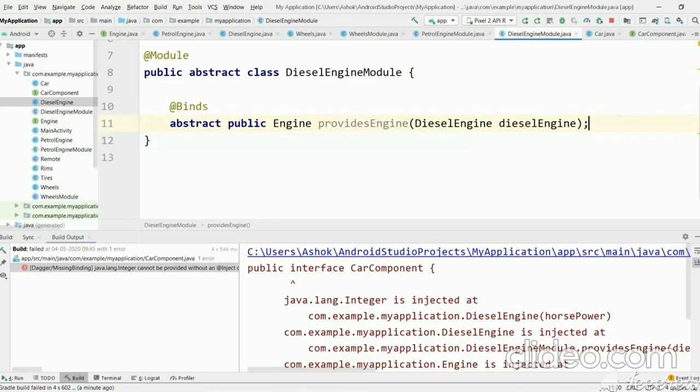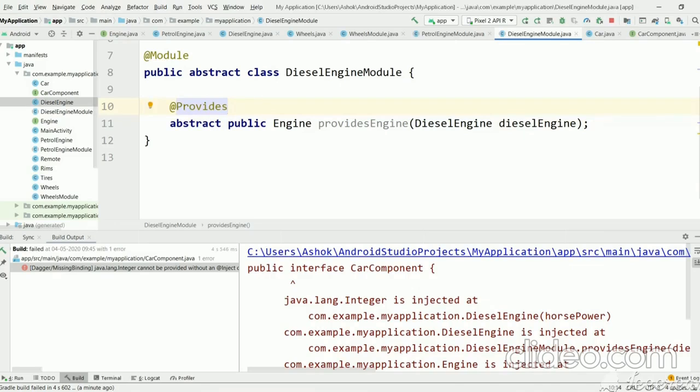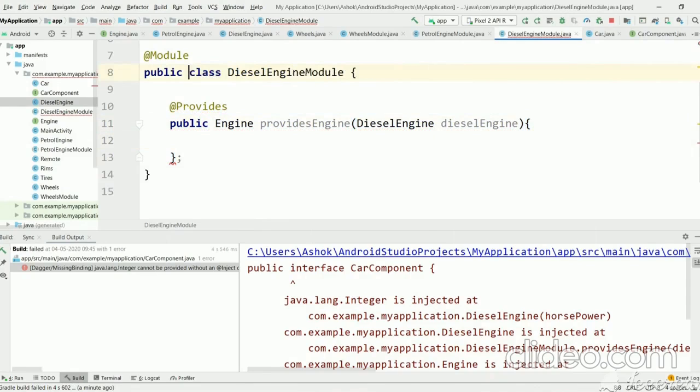Let's go back to provides, because with binds we can't do any configurations, as we have seen in the previous videos, and let's provide an implementation for this. Let's remove this abstract class.